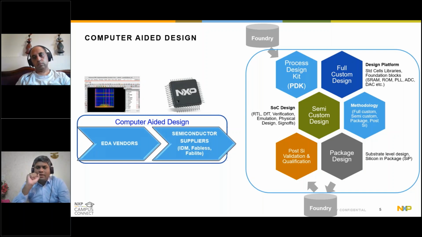The first dishes that we need to prepare are the basic building blocks of any chips. Whether it is a standard cell library, whether it is some IOs, some foundation blocks, whether they are embedded memories or analog blocks such as PLL, ADCs, DACs, etc. This typically comes under the umbrella of full custom design. Why I am saying so, you guys as fresh engineers need to know which are the various possible pockets where you can add value. Where does your interest lie? If you like device physics, for example, probably the right place to be is in the PDK world. If you like circuit design, CMOS circuit design, probably the good place to be is in the full custom side.